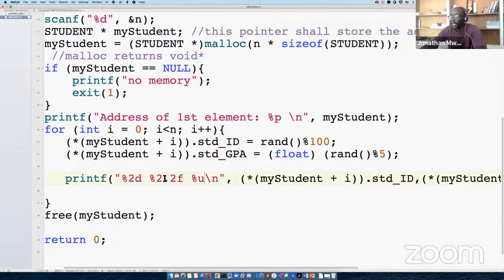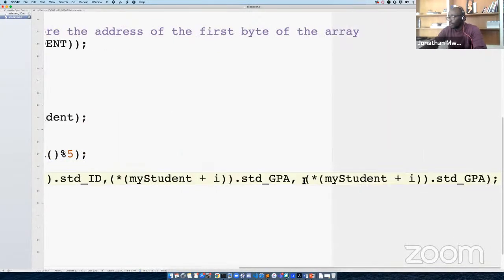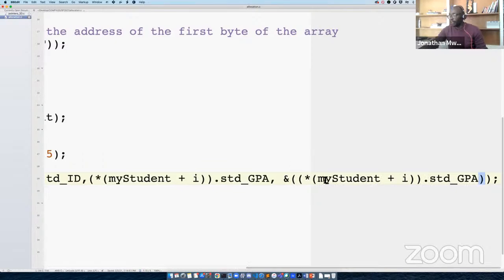Supposing I wanted to print out the address for specific items, like the address of this guy and the address of this guy. Remember, I could just do this. I could copy the whole thing like this, and I'm going to paste it here, but I'm going to put some parentheses like this, and this, sorry, and get the address, right? So that will give me the address of the item that I'm looking for.